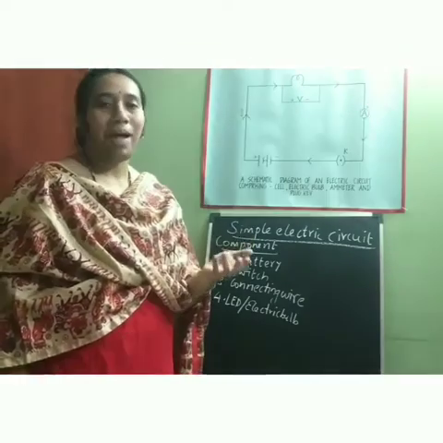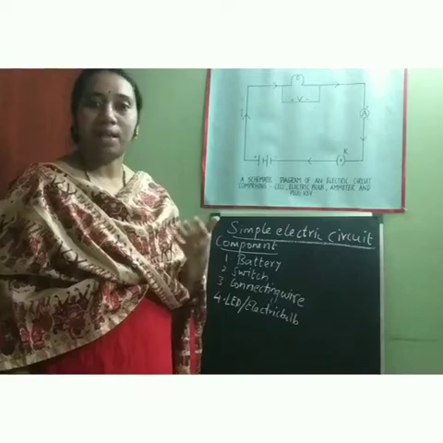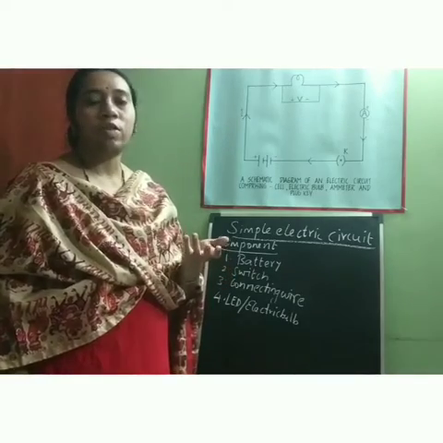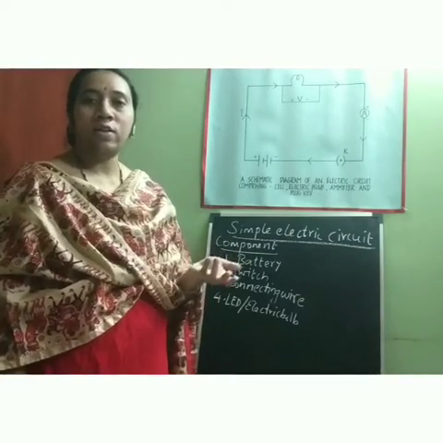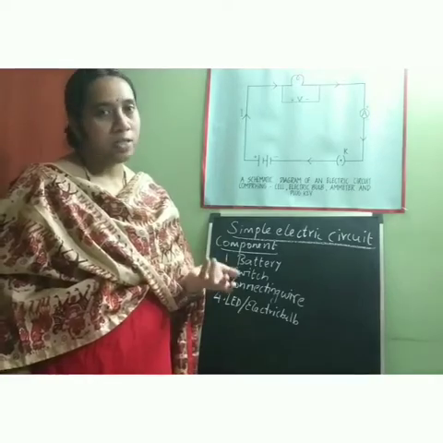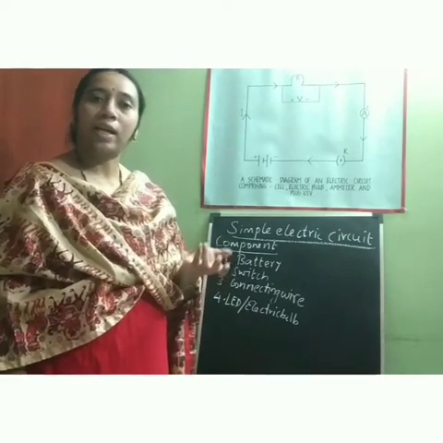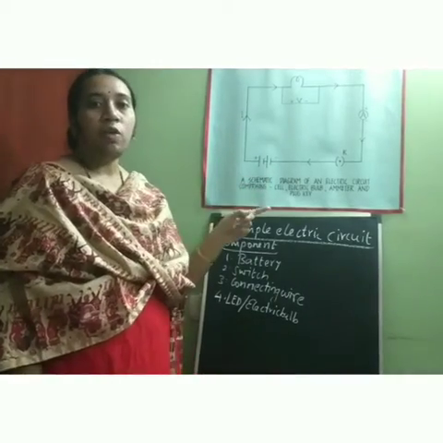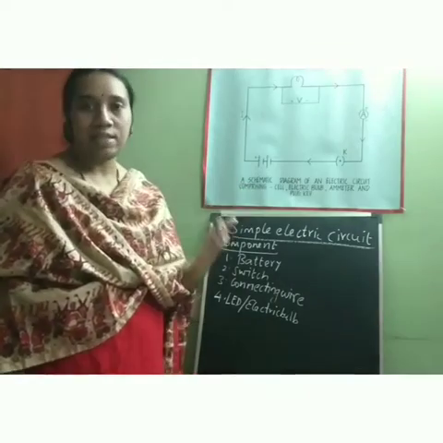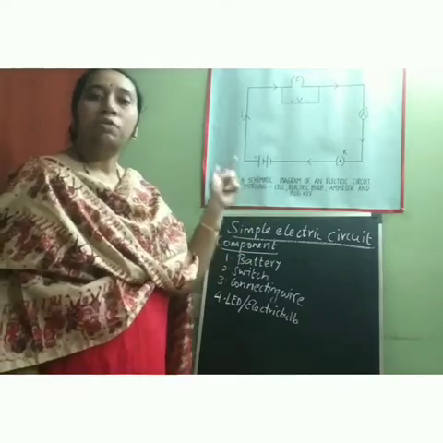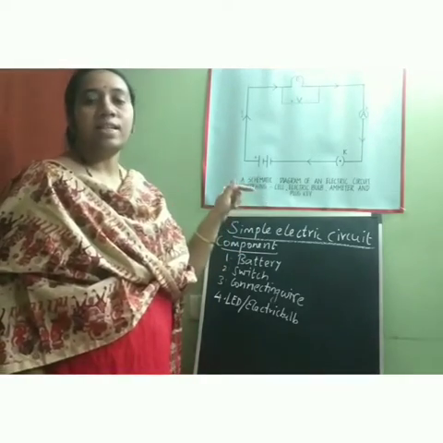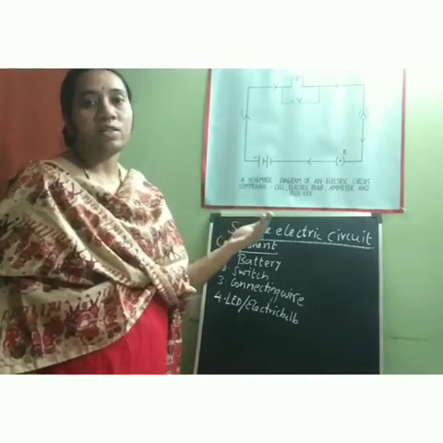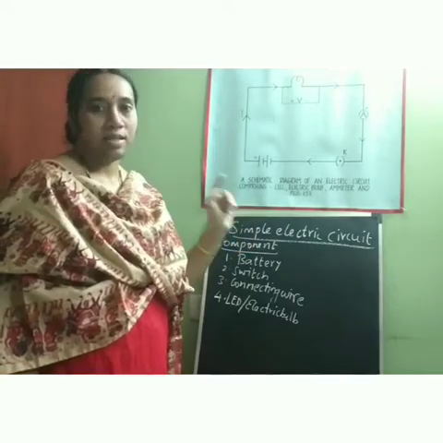If you take any matter, you know that matter is made up of subatomic particles called electrons, protons and neutrons. Electrons are negatively charged, protons are positively charged and neutrons are neutrally charged. So in electricity, the flow of electrons, which are negatively charged, is responsible for the flow of electric charges inside the conductor and it gives rise to electric current inside the circuit.